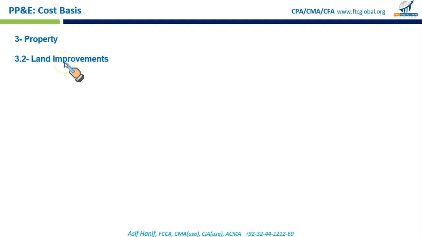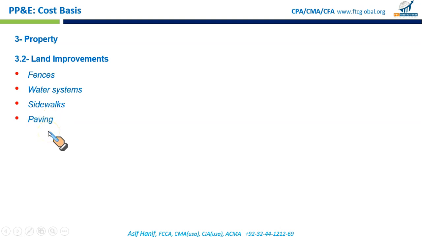Land improvements are enhancements made to the land, and these are treated as separate assets and they are depreciable, meaning they lose value over time, so they have to be written off in our accounting record. Common land improvements include, number one, fences for boundary or security purposes, water systems, maybe for irrigation or for drainage, sidewalks, these are the paths or walkways added to the property, paving, roads or parking areas paved on the land. They all are depreciable assets,